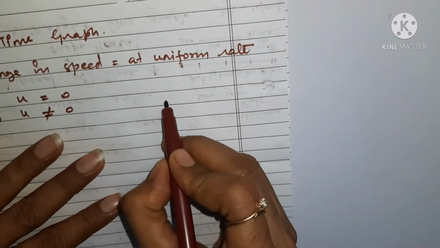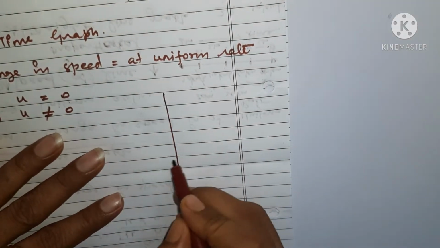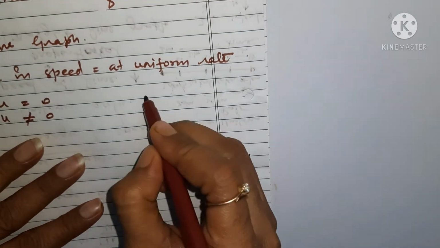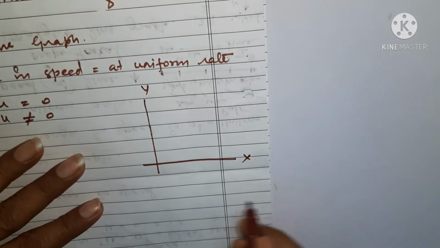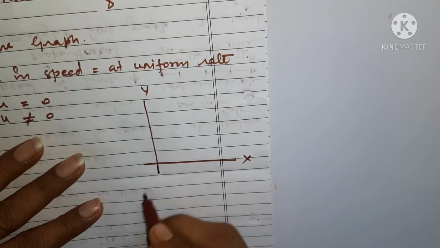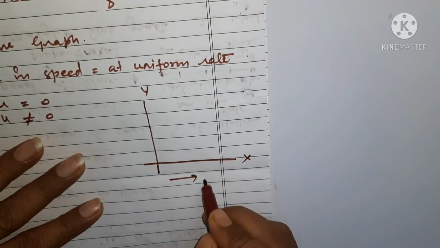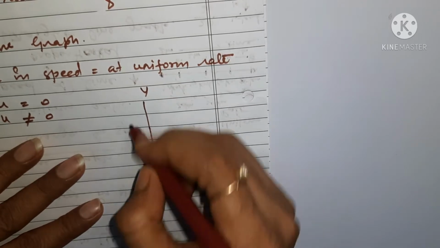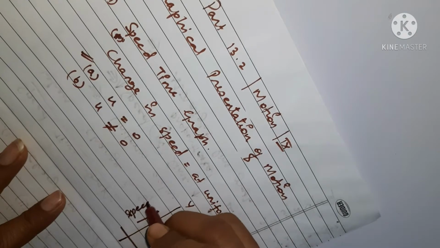As you know, we have two axes for any graph when we are going to present. One is the x-axis, the other one is the y-axis. On the abscissa side, that is the x coordinate, you are going to present time, as we have been doing, and here it is the speed which is on the y-axis.